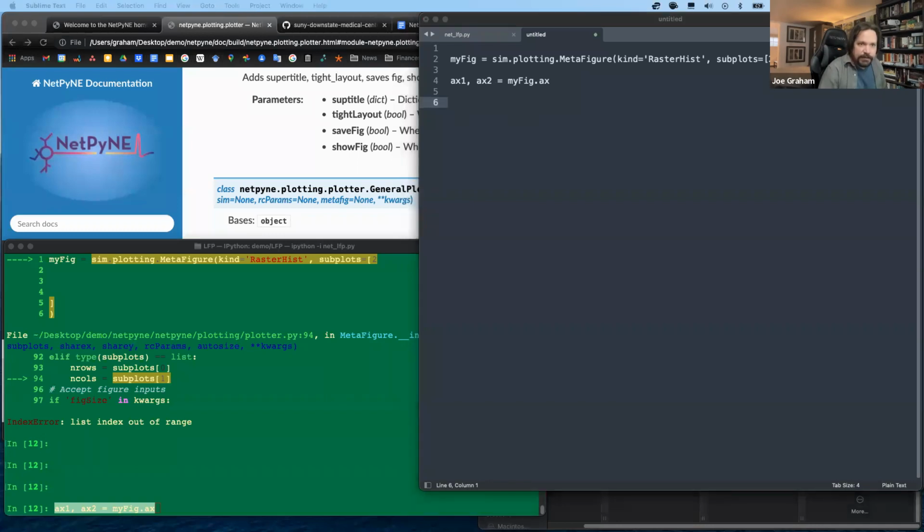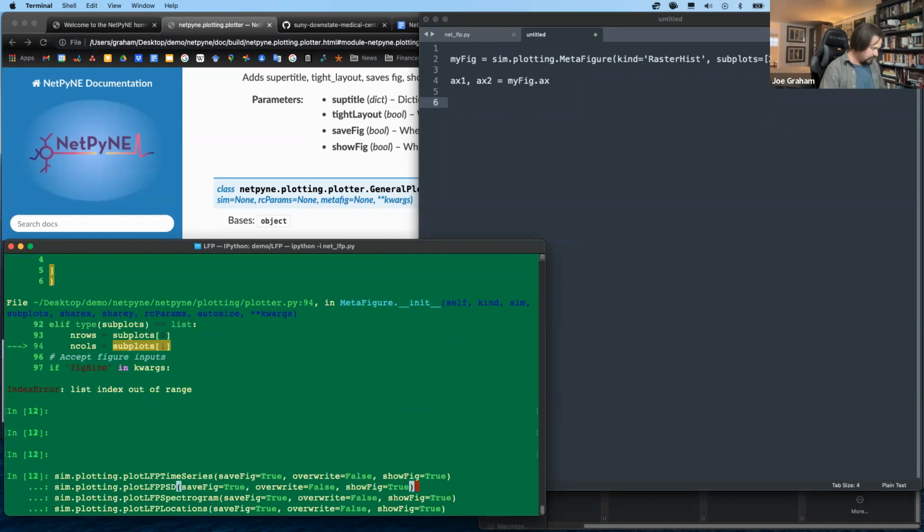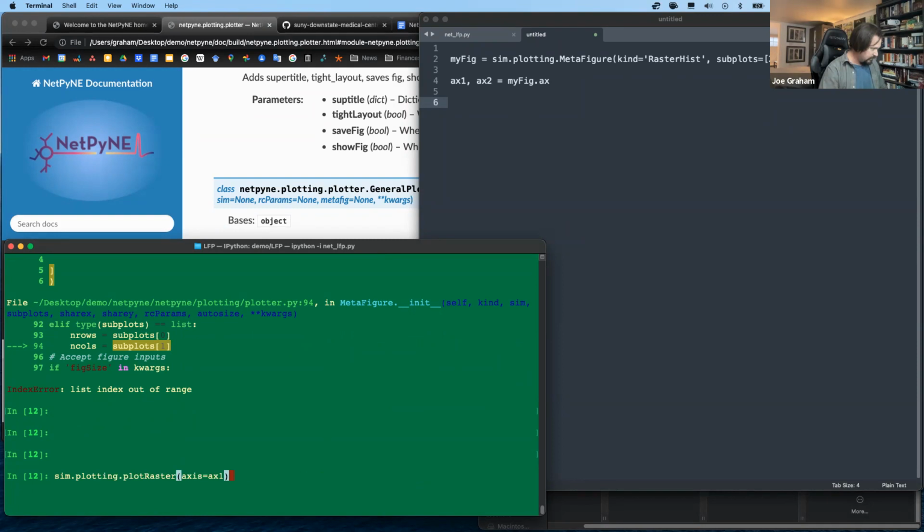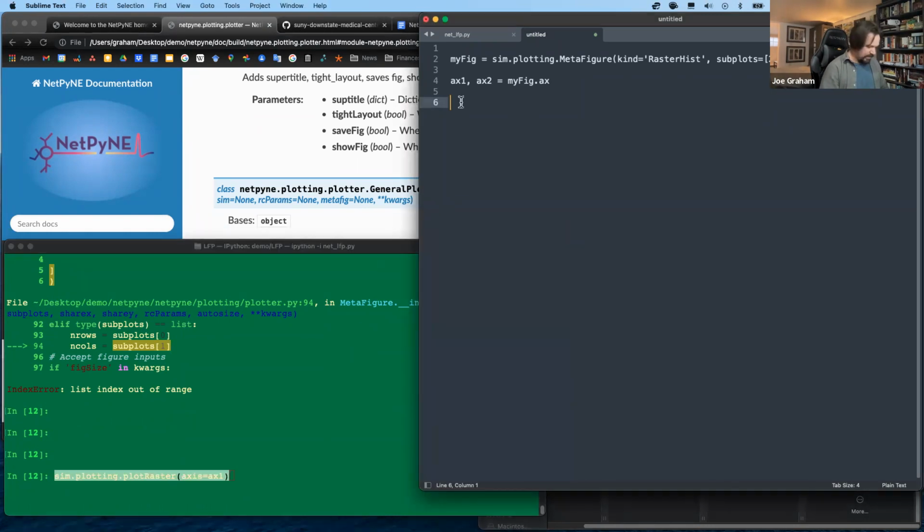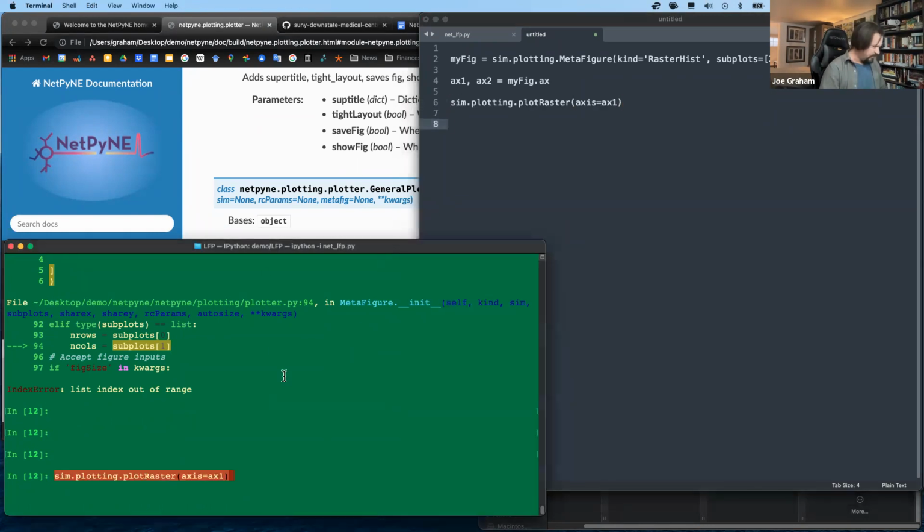And then we want that sim.plotting.plotRaster, with axis equals ax1. Copy and paste that into there. And then we did